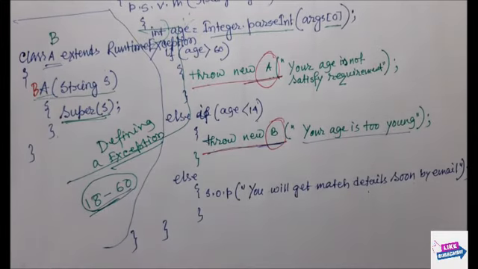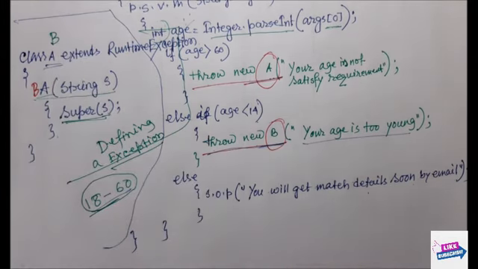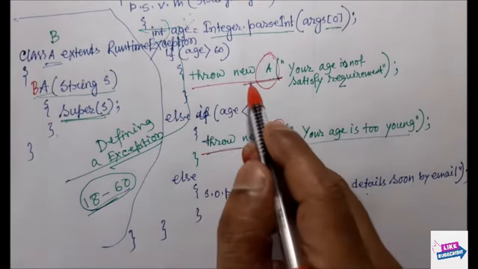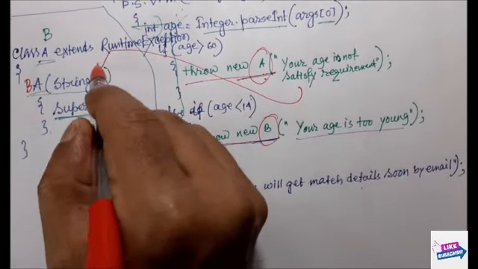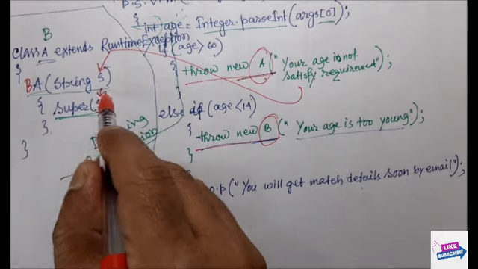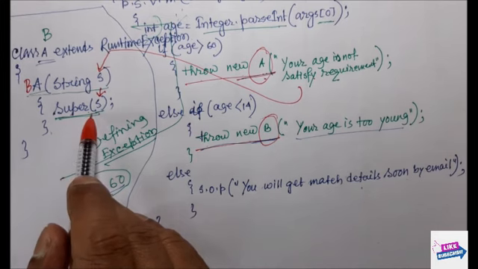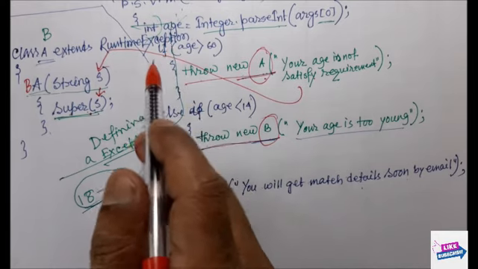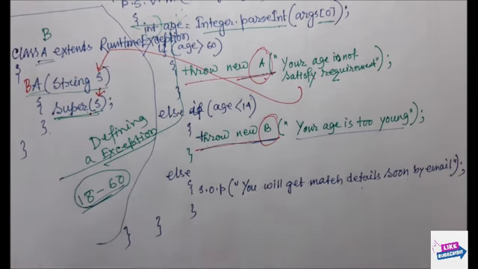the constructor, okay. So, suppose these two classes are present and I am going to use them in my simple class CastException. What will happen when we throw a new A passing some string? That string will pass to this constructor as an argument, and then super is going to call the constructor of the super class. Who is the super class? RuntimeException. So, RuntimeException will accept this string and handle it.